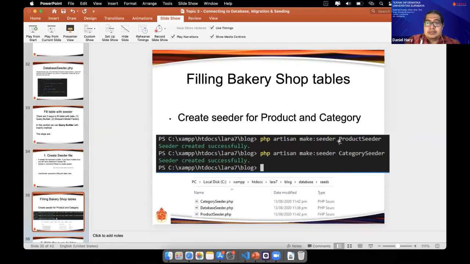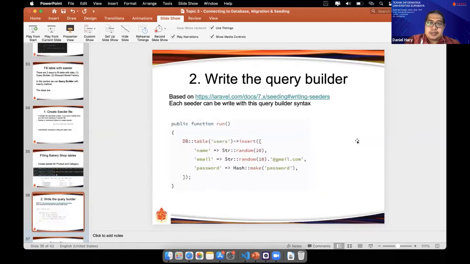This one will be used for inserting data to the user table. There is insert here, the name of the table, and the field names, filled with random data, email also random. Okay, we will continue with our product structure.